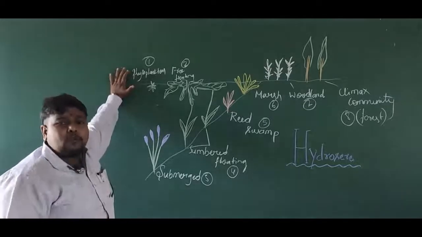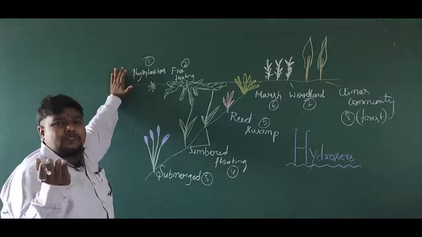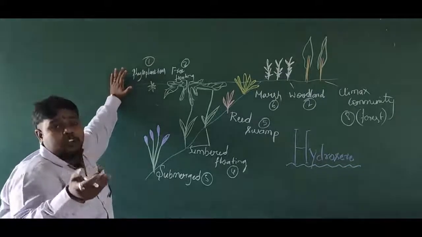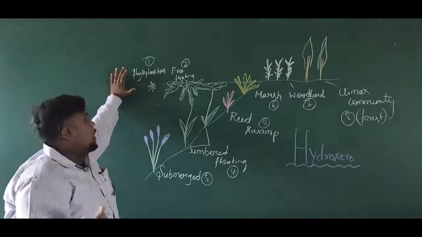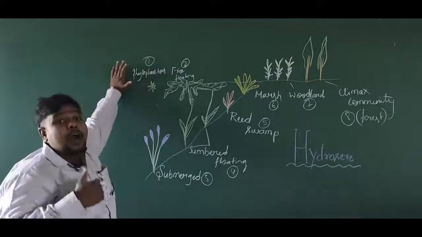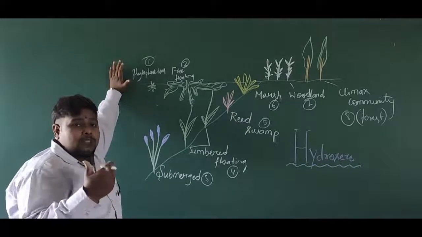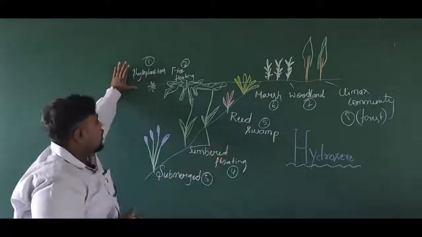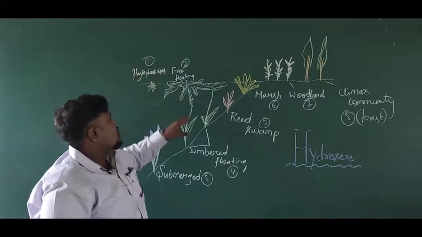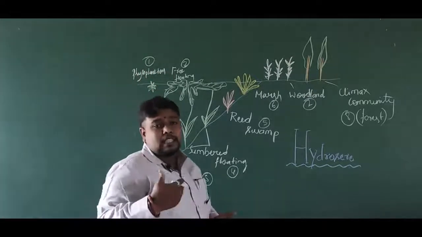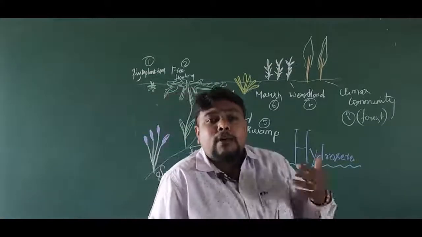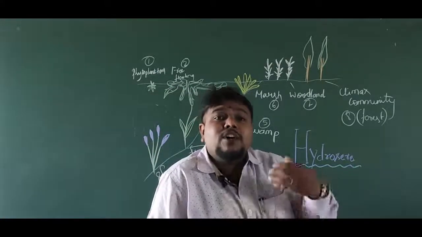So what do you mean by phytoplankton? It is a free floating structure. Any small plant which is freely floating on the surface of water can be termed what? Phytoplankton here. So that was the first thing to appear there. So this was the first stage of your hydrosere here. Followed by phytoplankton, there was the second stage called free floating. This was the next stage, and there was a huge gap between the phytoplankton stage and the free floating